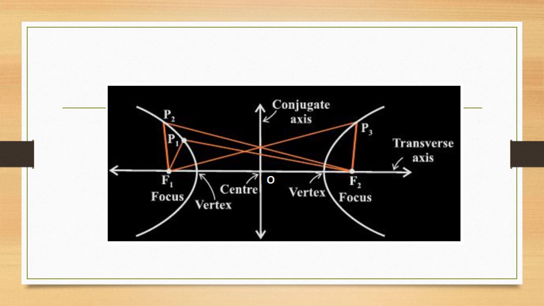Therefore, for a hyperbola, eccentricity is always greater than 1. The arrow mark shows a vertex. F1 and F2 are the foci. Look at the arrow mark, they call it the transverse axis as well as the conjugate axis, and the center is the origin in this particular case. Now the natural question that comes to mind is, what is the standard equation of a hyperbola?